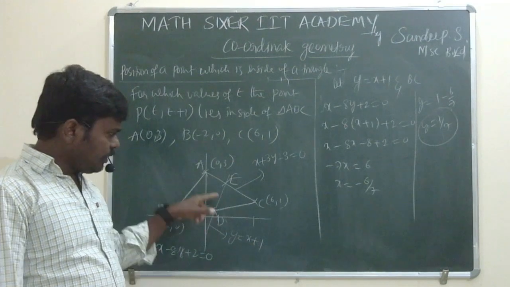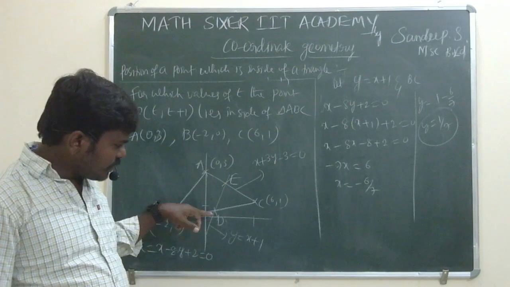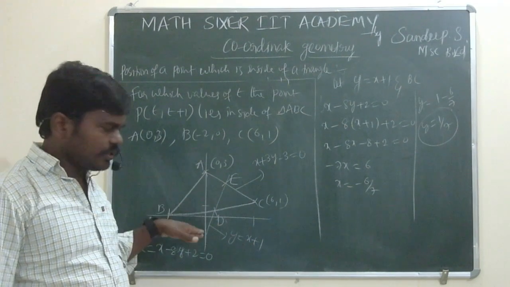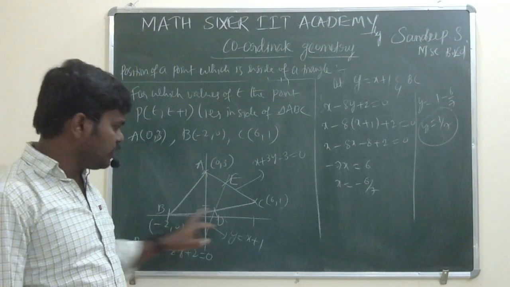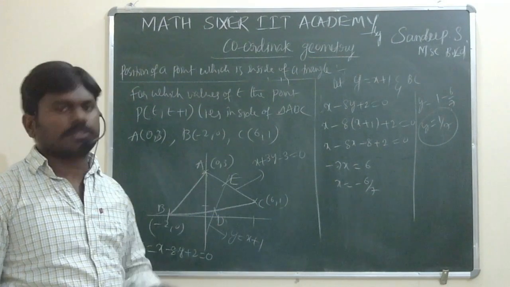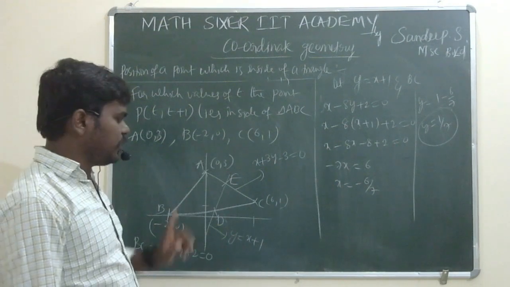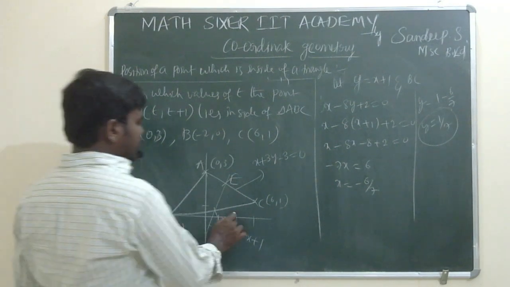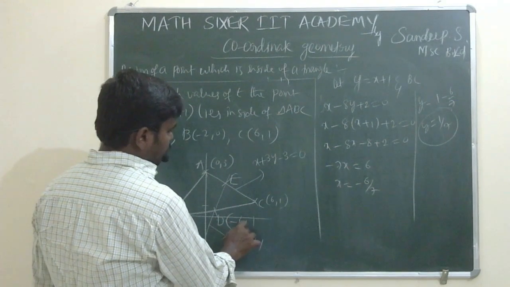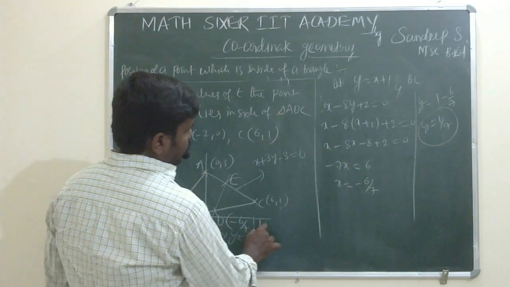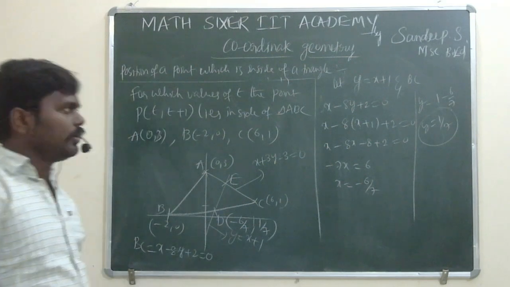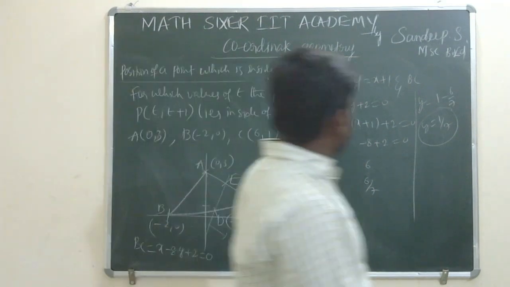Why we solved these two lines means this is the intersection point of the lines, y is equal to x plus 1 and also BC. So we have solved these two equations, and after solving these two equations you can find the common solution, meaning the intersection point, that is called D. And D is equal to (-6/7, 1/7). Okay, so now similarly we have to find the value of